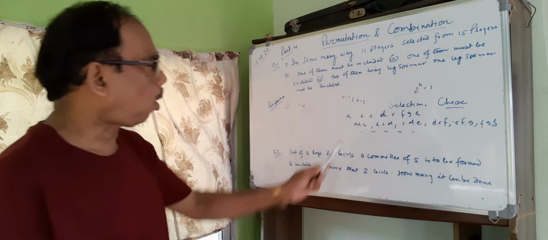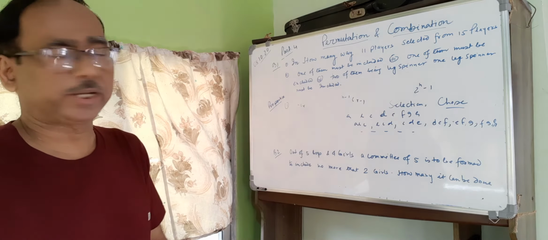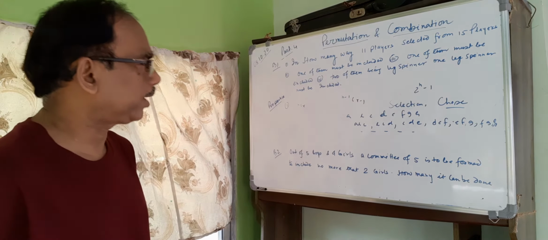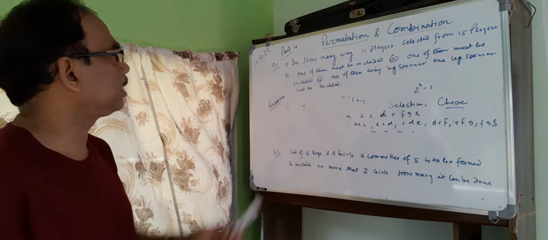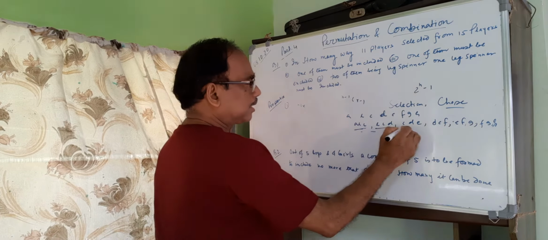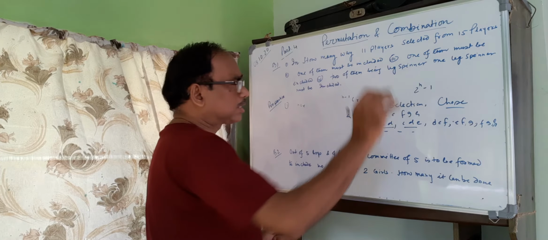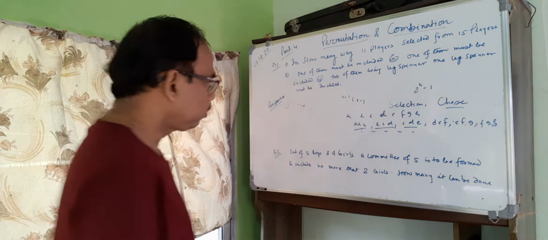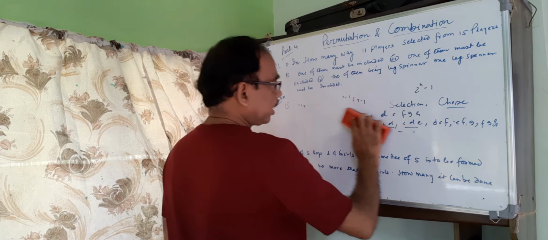All selection is combination, and the total number of selections is the combination. This is a single combination, this is single, and the total sum of the selections is the combination.